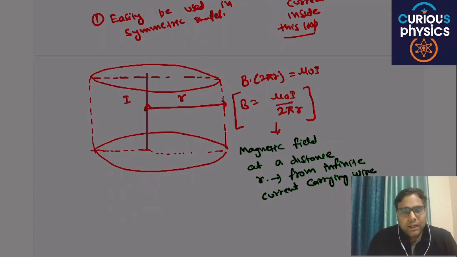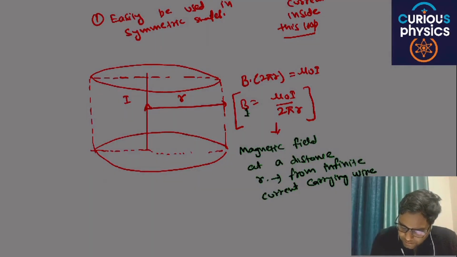r. Here you have to imagine the Amperian loop according to the situation. But for your board exam, you just have to remember this relation: the integration of closed loop B dot dl is equal to mu naught I in. Are you able to get my point or not? This is the simple way. And if someone asks, here the B is the value of B tangential.